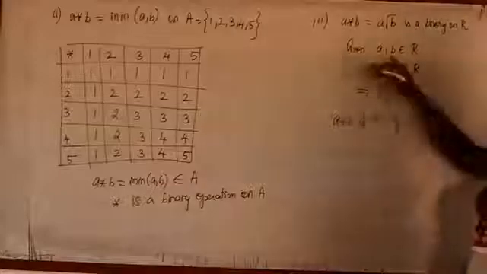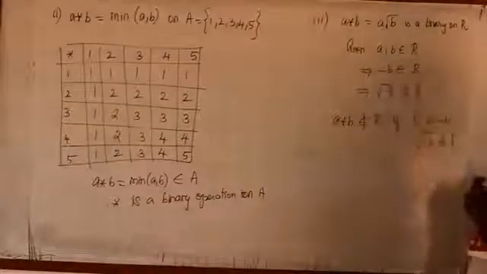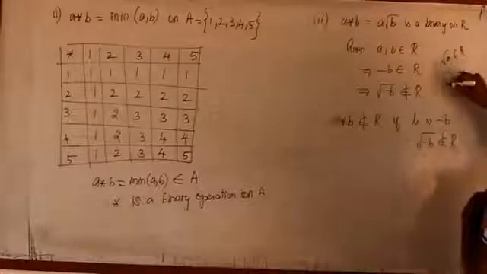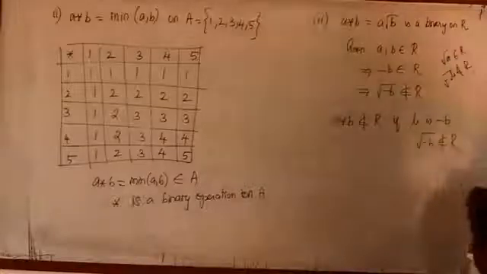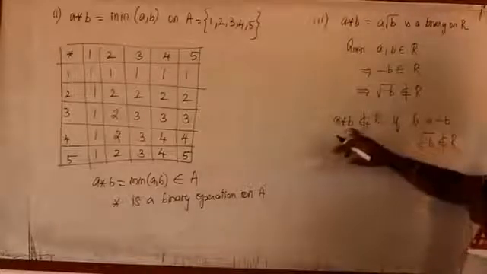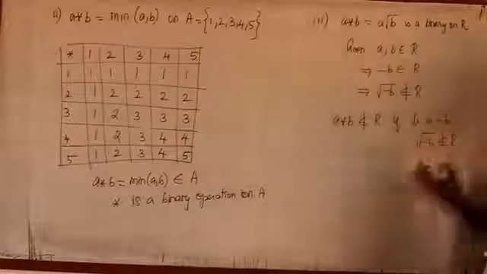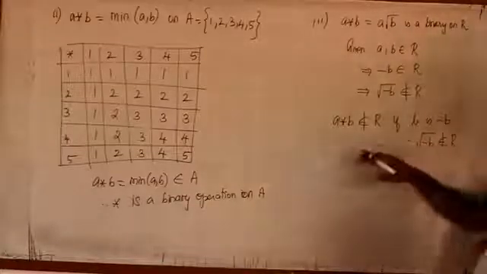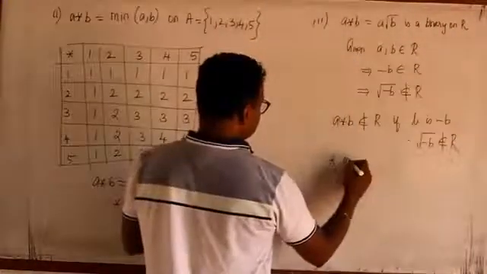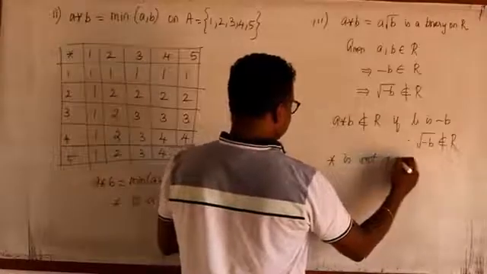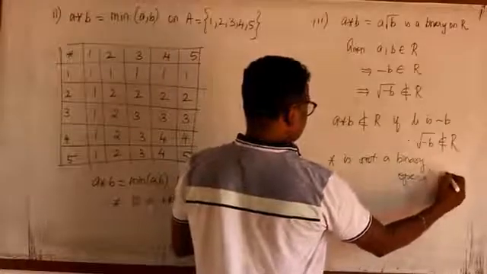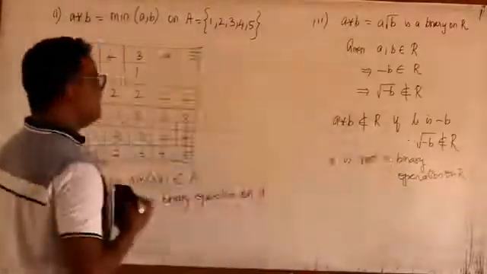Do you understand? A and B are in R, meaning definitely the negative numbers are also in R. Then if I take root of A, it belongs to R, whereas root of minus B does not belong to R. Therefore, root of negative numbers does not belong to R. Therefore, when B is negative, A star B won't be in R. So it is not clearly defined. Therefore, binary operation is not well defined here. So the star is not a binary operation, as it is not well defined for negative numbers.